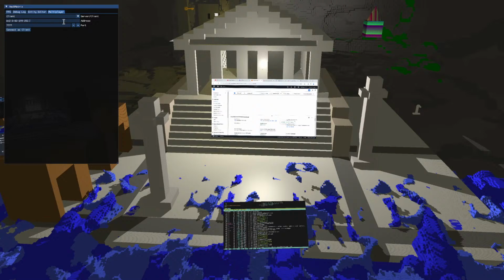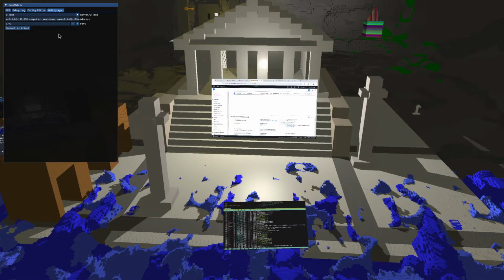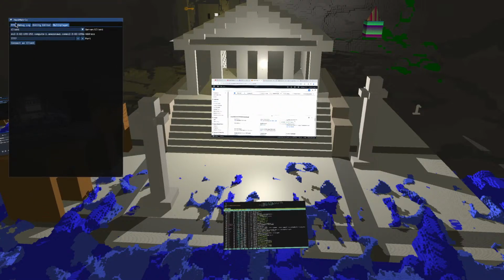What a pain. I have no idea why it does this. Okay, so that's what happens when you paste. It just breaks.